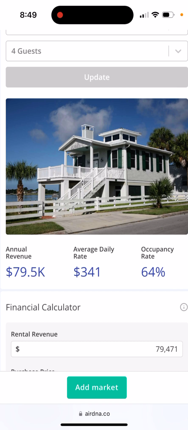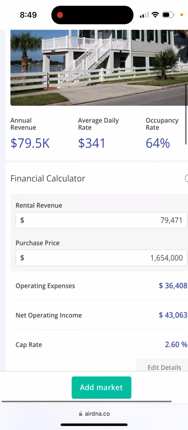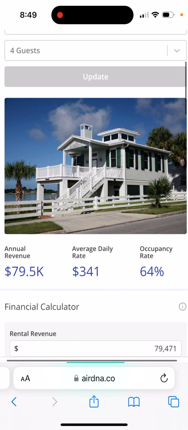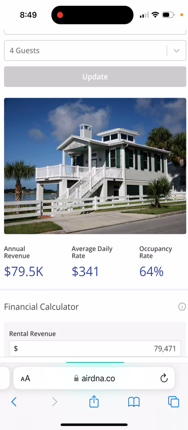And then you can get some very rough estimations of all your rental revenue, like operating expenses, what could be the purchase price, what is net operating income, what is cap rate, and all of these things. So for example, this is a really cool property in Santa Monica in California. You can see that the annual revenue from the renting can be like $80,000, for example, and